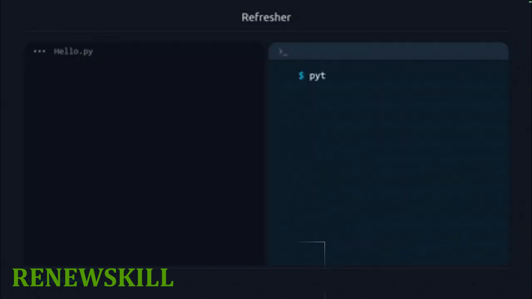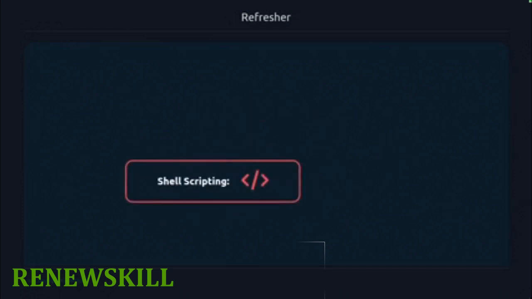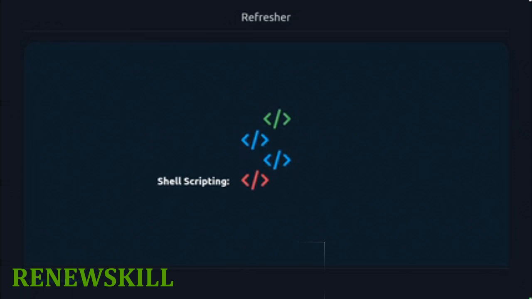When scripting in Shell, we include in our scripts other program executables, along with built-in commands, conditional statements, and special syntax to automate repetitive tasks. In this course, we will keep in mind the program standard lifecycle and apply a lot of those principles to create good, reliable scripts. Even though shell scripting is typically based on imperative programming, I want you to think of shell scripting as much more than just piling up commands on top of each other